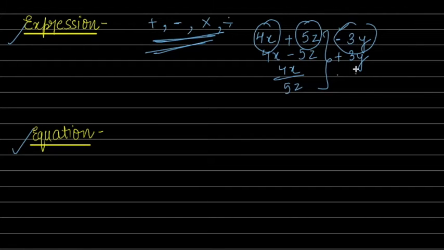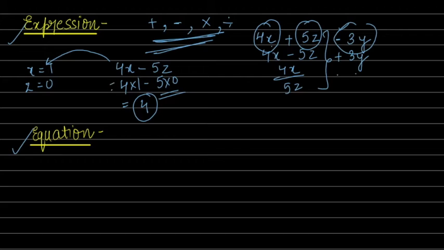And the value of the expression depends on the value of the variable. Because if I am saying 4x minus 5z, this is my expression, and x is given as 1 and z is given as 0. So what will be the value of the expression? This will of course depend on the value of the variables given. If I place the value 5 into 0, this becomes 0, so 4. So the value of the expression is coming out 4. So what we can conclude, the value of the expression depends on the value of the variable. If I change the value, say x is 2 and z is 1, of course this value will change. Therefore the variable value will define the result for the expression.